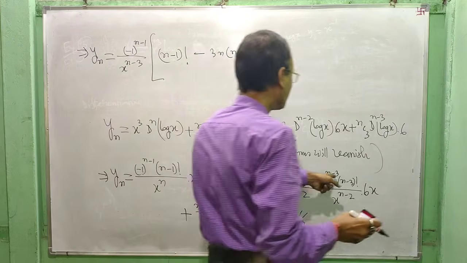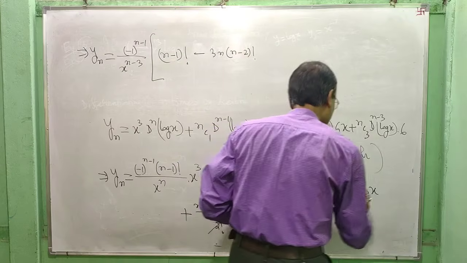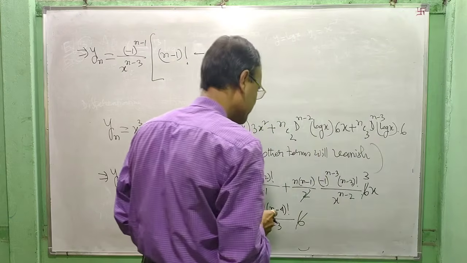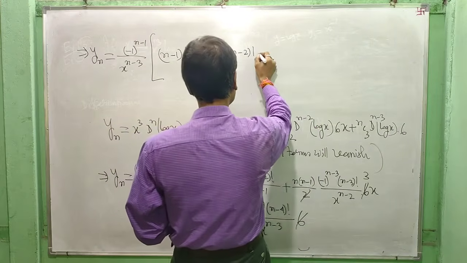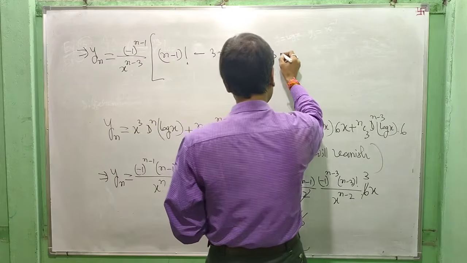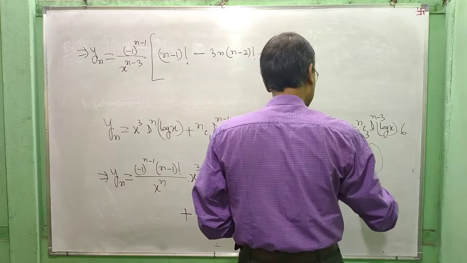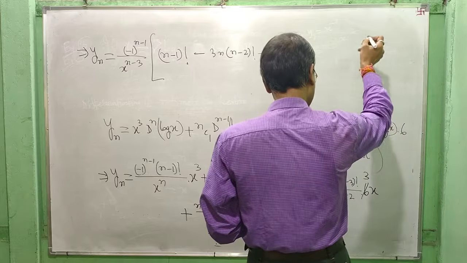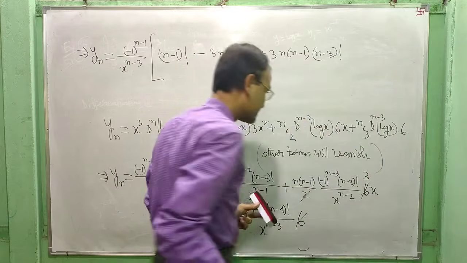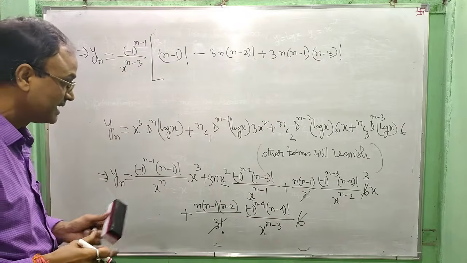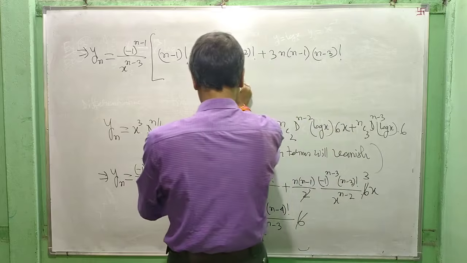Here minus 1 whole to the power n minus 1 common, it will be plus, and here you will get 3, plus 3 n into n minus 1, factorial n minus 3. You will get this one, plus finally here you will get plus